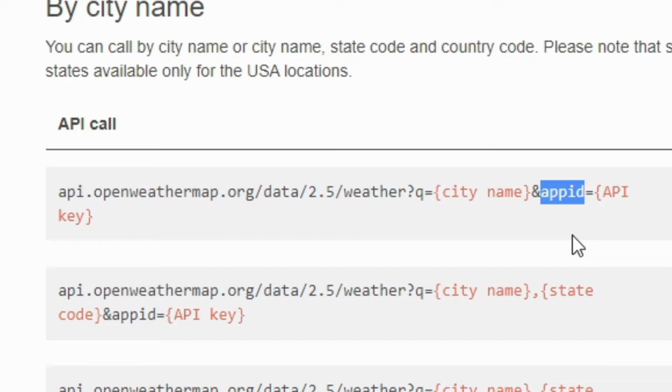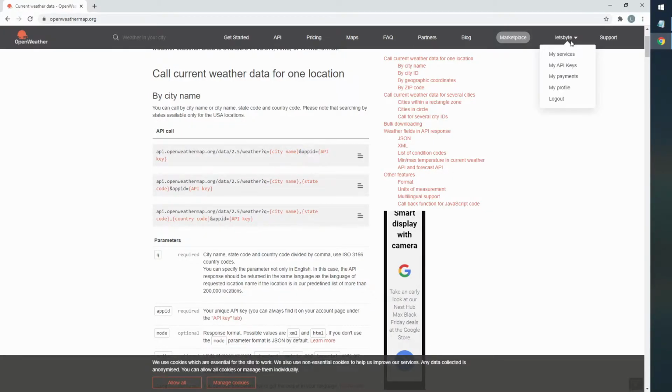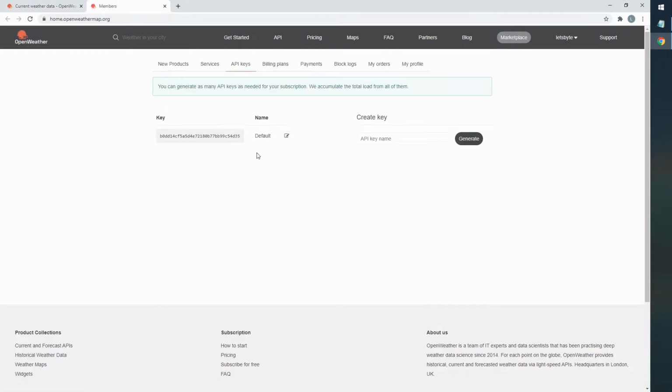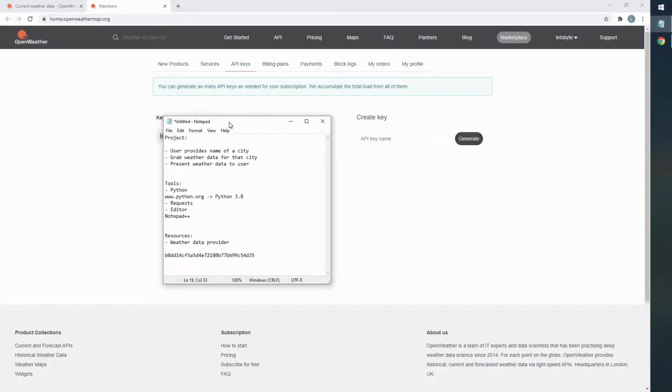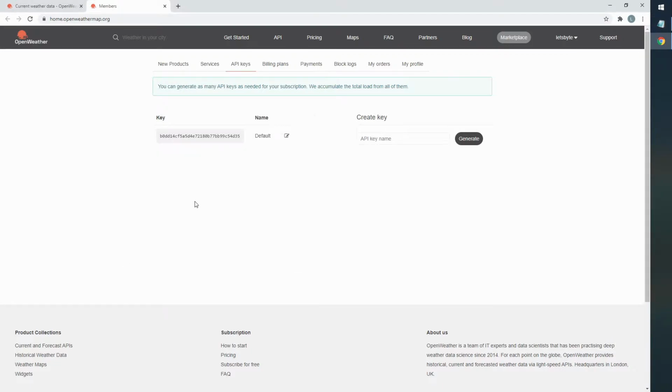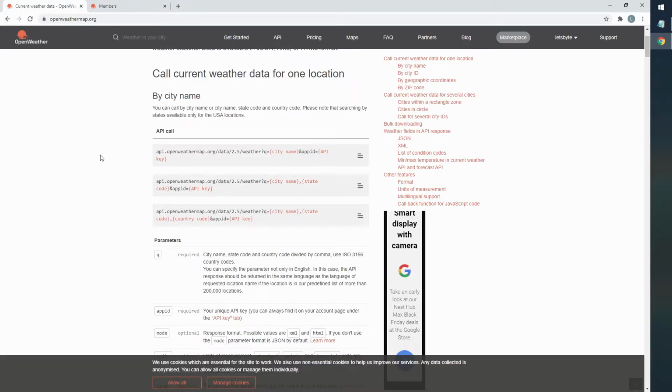Now you can grab your API key if you go into your account. On the top right corner of my screen, I just clicked on my username, and then I went to my API keys. I'm going to Control-click so I can open up a new tab, and on this page, I can see my API key, so I'm going to copy that, and I'm going to just quickly paste it into my notepad here. So I've got my API key,